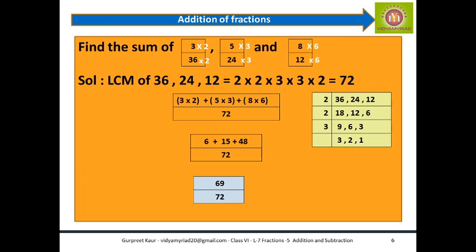Now we need to check whether this is divisible or not. So if I do it by 3, see, I cannot do it by 2, both are not even numbers, one is 69, one is 72, so I try doing it by 3. So divide 69 by 3 and 72 by 3, I get 23 upon 24. Can I further cut this? No, it cannot be further divisible. So this is my final answer.